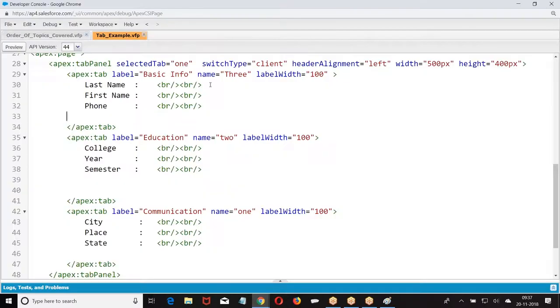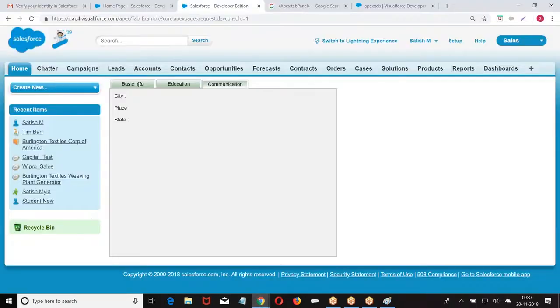If I give this as a server, you click on basic information, what is happening? What is the difference you found here? When you give a server, when you click on this, it's taking a server request.